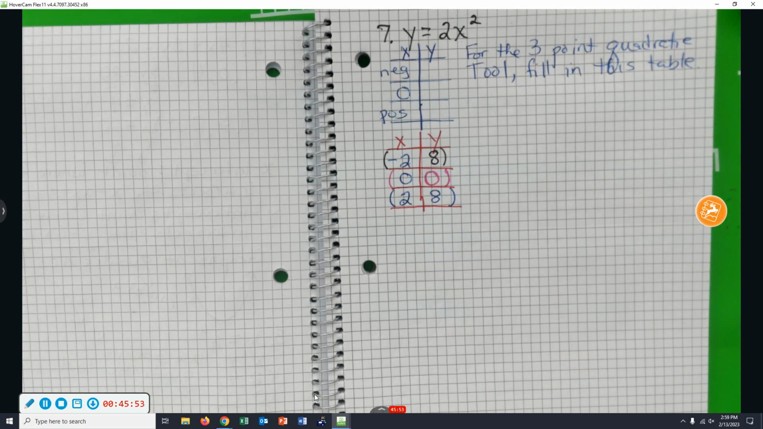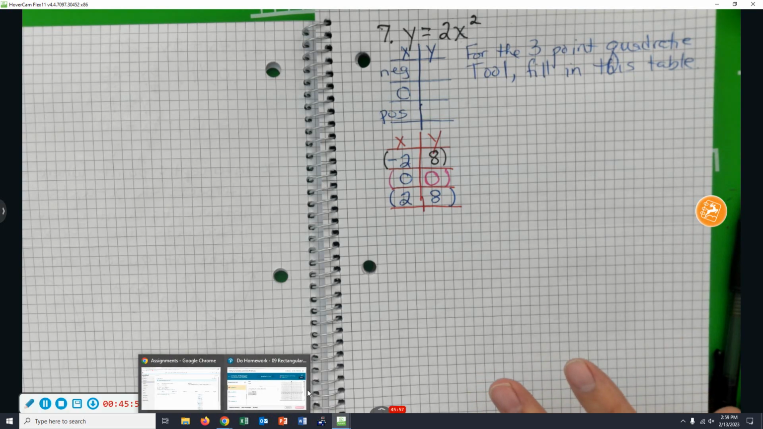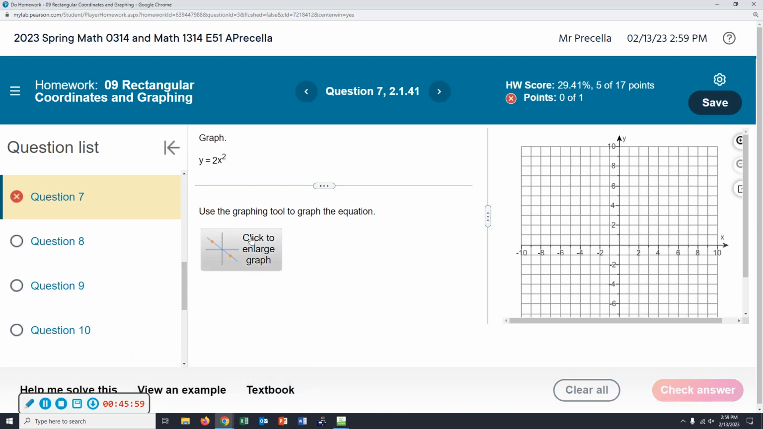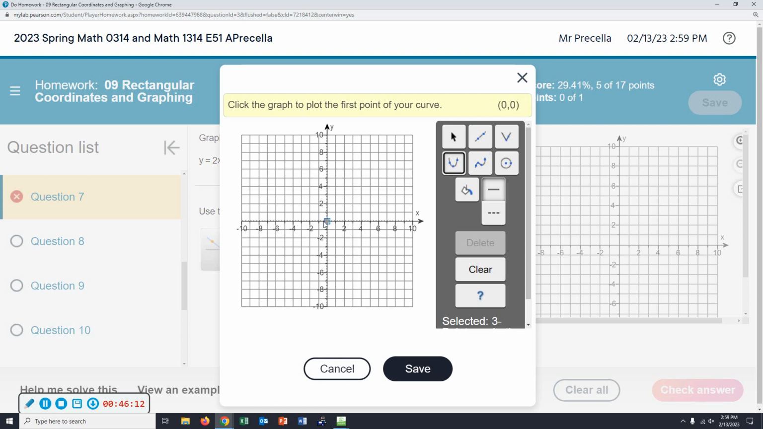Now those ordered pairs, you don't type them in or anything. You just skip down to the graphing part. You say 3-point quadratic, and it walks you through. Okay, the first point,